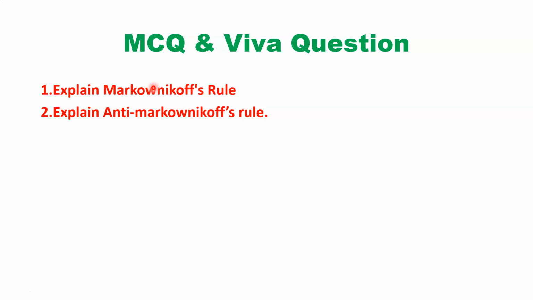So understand that statement very correctly, because in MCQs such statements will be given which will be a little bit confusing. And Markovnikov addition always proceeds by electrophilic addition reaction. In the MCQ the options might be substitution nucleophilic, electrophilic addition, nucleophilic addition, or elimination. So there might be anything. The right answer is that it is electrophilic addition. In the case of the anti-Markovnikov rule, it is a free radical addition reaction. So a free radical has been added.